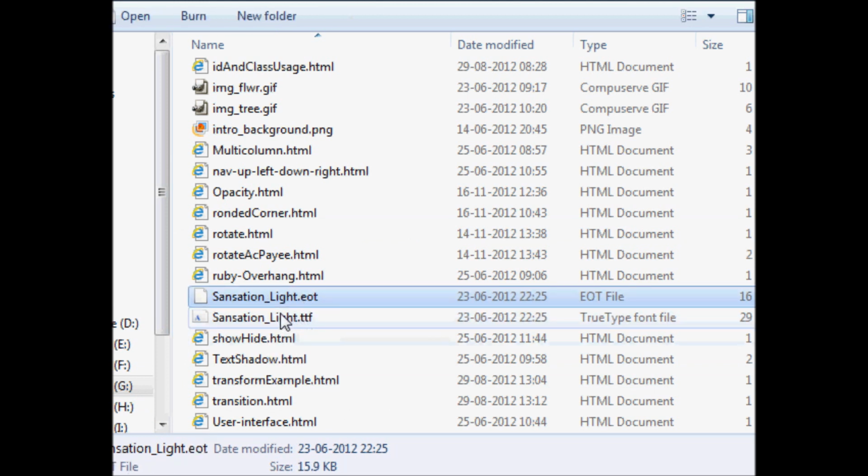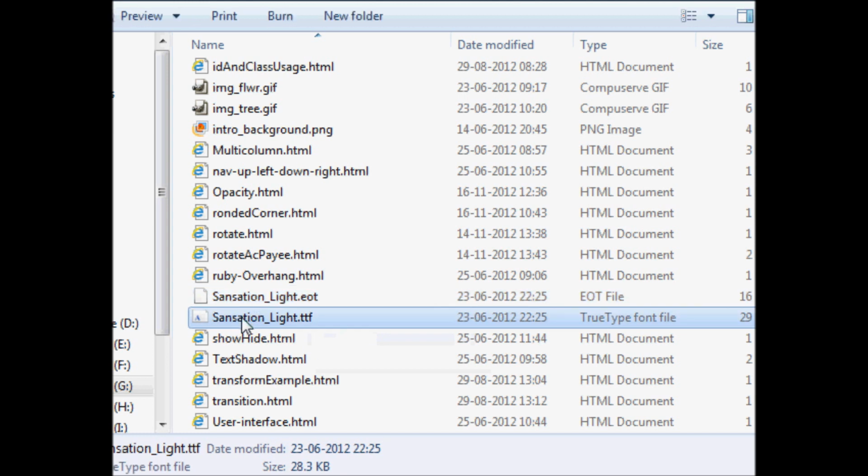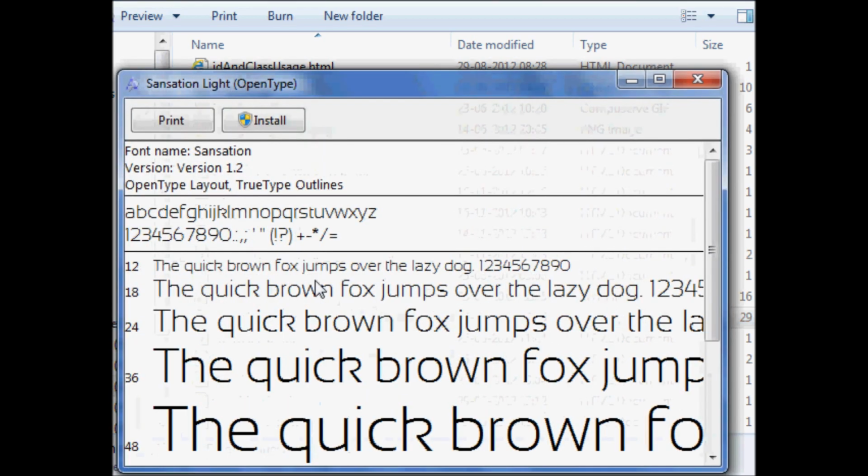The EOT is for Internet Explorer. So TTF is a normal font extension, right? If I just open it here, you notice that this is the font. If you want to install it, just install it. This font will get into your system.